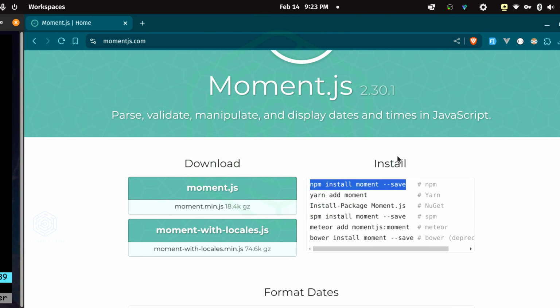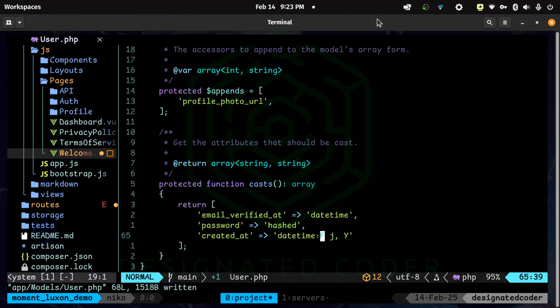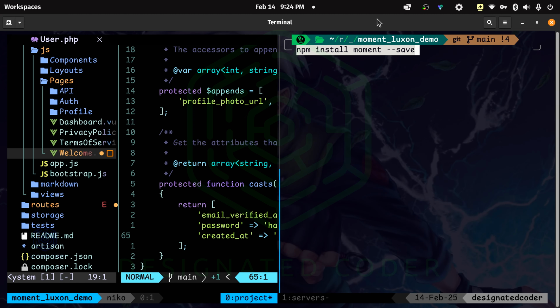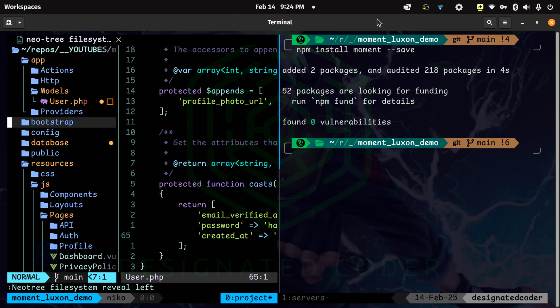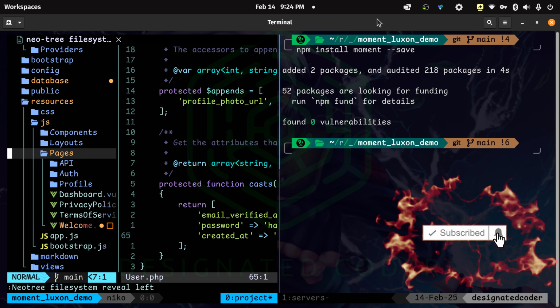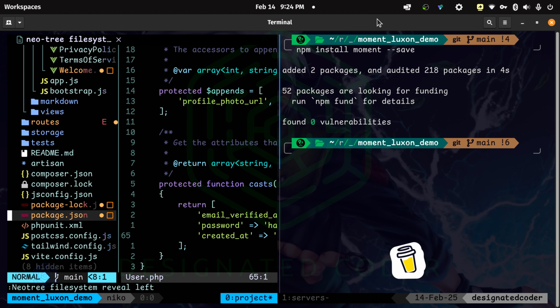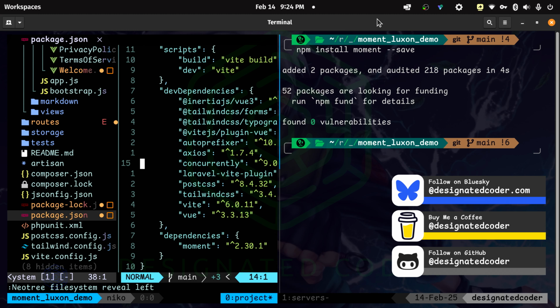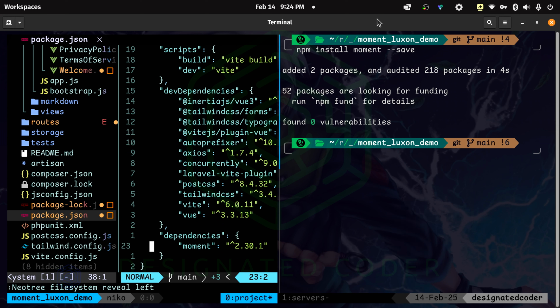So I'm going to copy that, and then here I'm going to open up the terminal, paste that in, go ahead, and install it. And as you can see, it's added 2 packages, it's audited 218, and it has been installed into our project. It is using version 2.30, which is probably never going to change. So that's what that is.